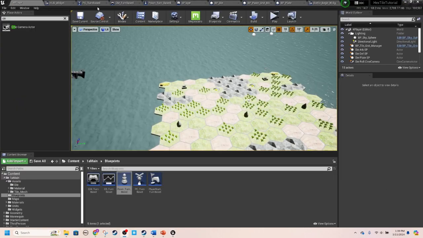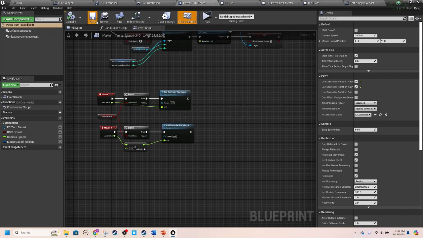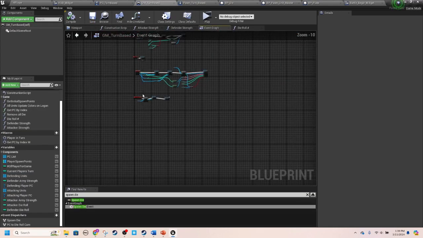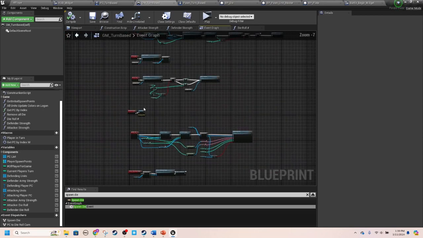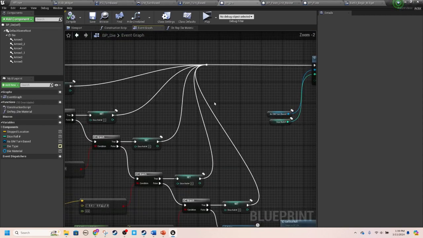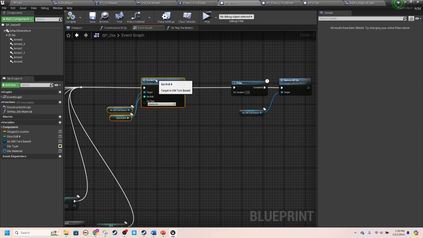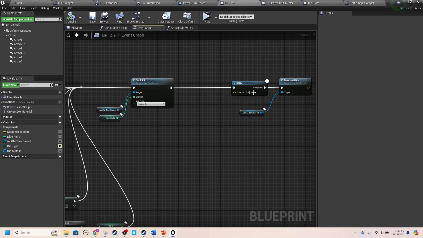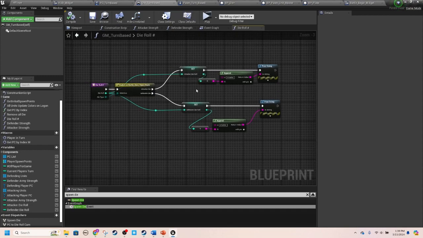So now I'm going to get our camera back. We won't need our level blueprint anymore. So let me remember how we're doing this. Let's go to our die. So then our die, get the dice roll, and we run this event to the game mode, the die roll, and then run this to delay to remove it. So I think within here,